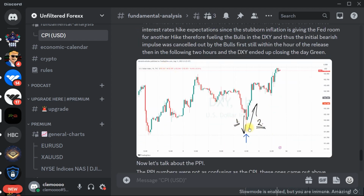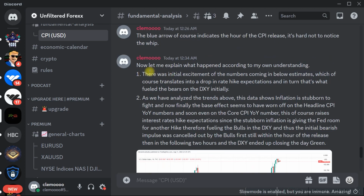Explaining this move, what happened. You can see I marked my chart number one, number two. So number one, this is what happened according to my understanding, and that's probably correct. There was an initial excitement of the numbers coming in below estimates, which of course translates into a drop in rate hike expectations, and